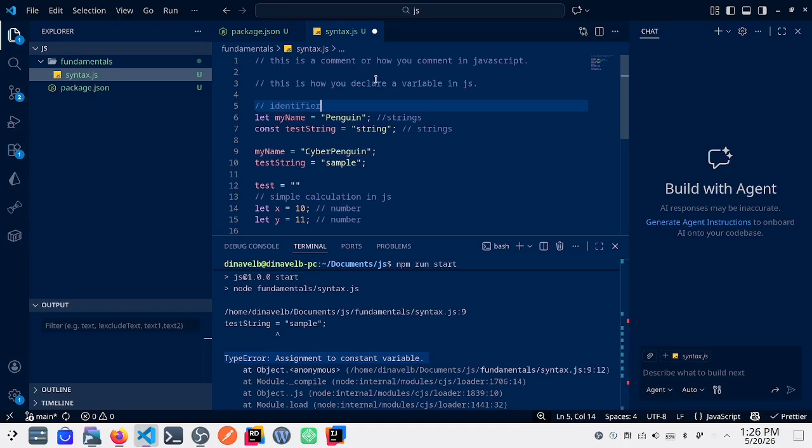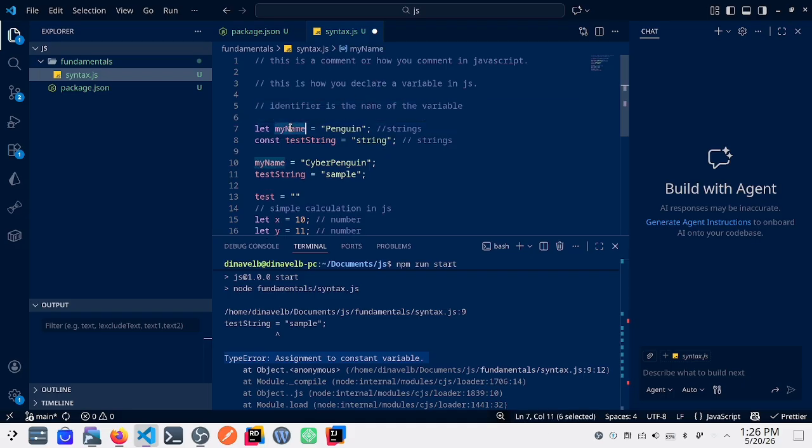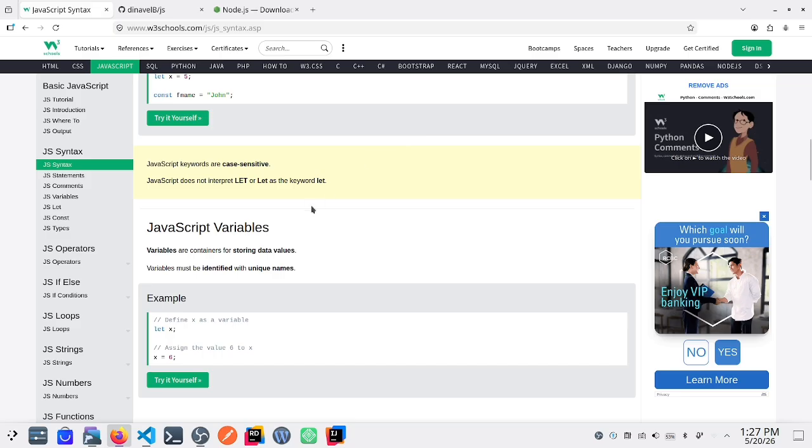Identifier is the name of the variable, which we have here as myName. Below this is the variable myName.